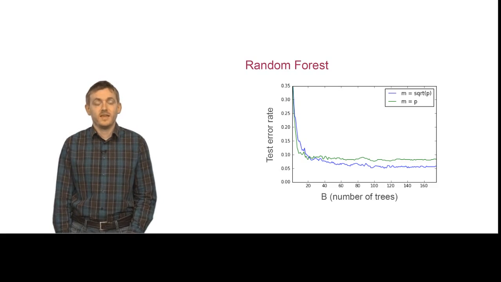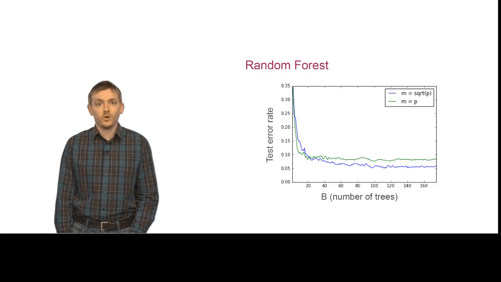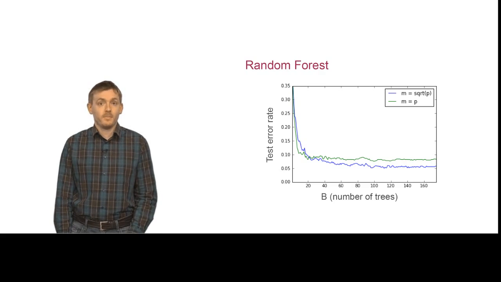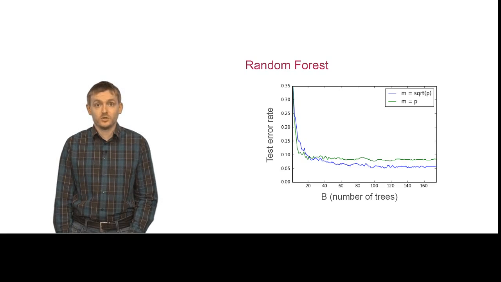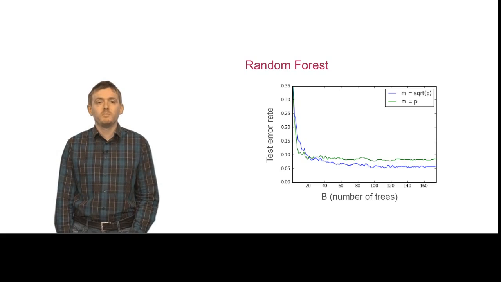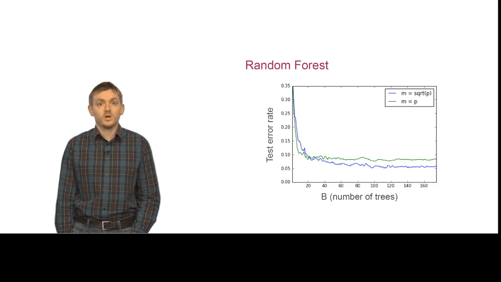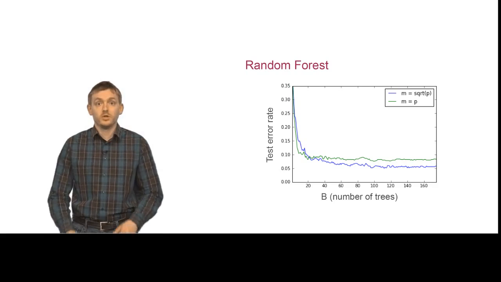It means that at each step you grow a regular decision tree, and you find the best split among all the variables. And the blue line is the decorrelated decision trees. In this situation, you randomly pick m equals square root of p, and all the trees can be built using